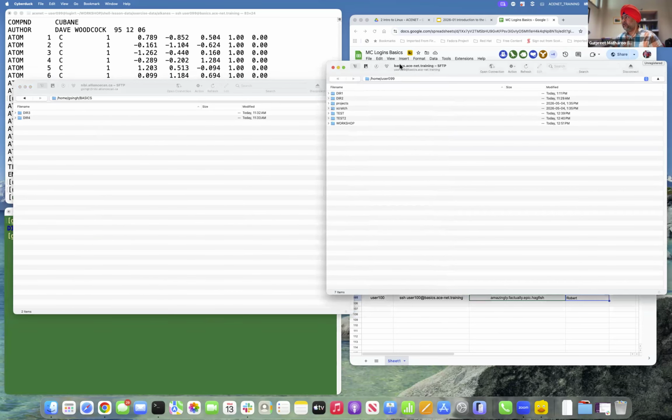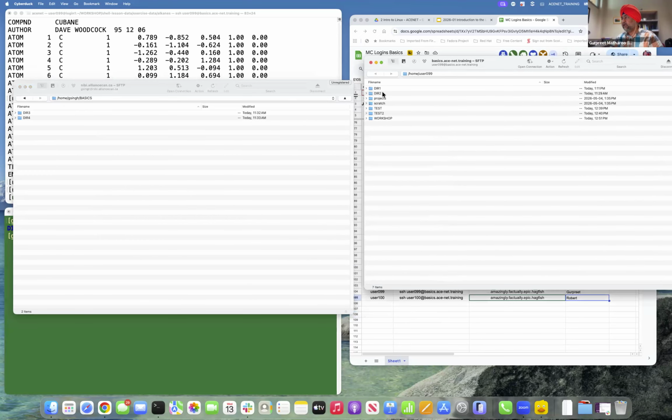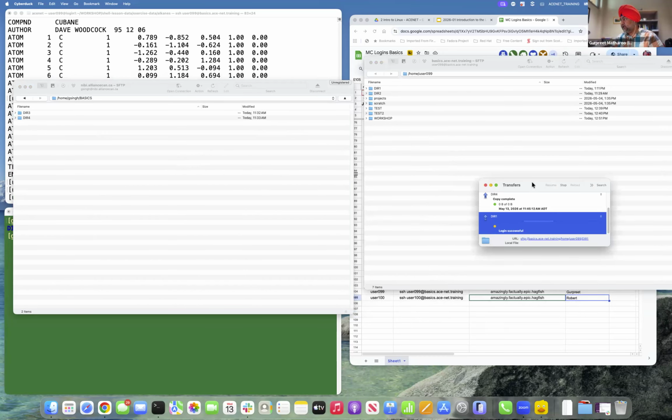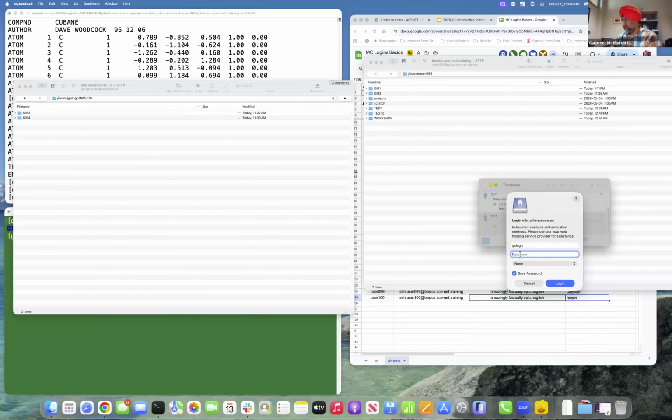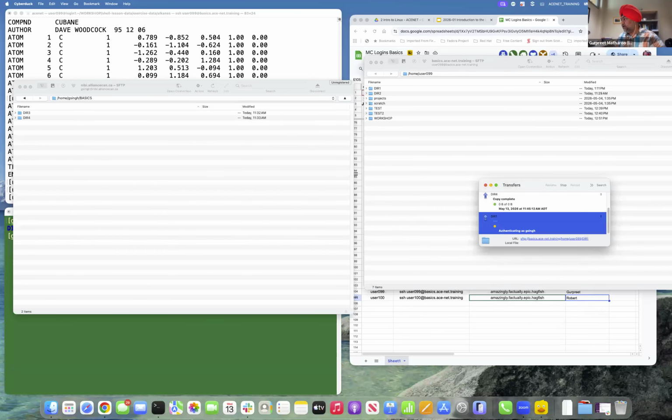Now, if I want to copy anything, let's say I want to copy my dir1 from my training cluster onto Nibi, I'll just drag this here and that's it. So it's going to do that for me. It might ask for the password again, and then it will ask for the dual factor authentication as well. So you can pick and choose multiple directories, and now it's going to authenticate, and it will be done in a minute. So dir1 is right there.